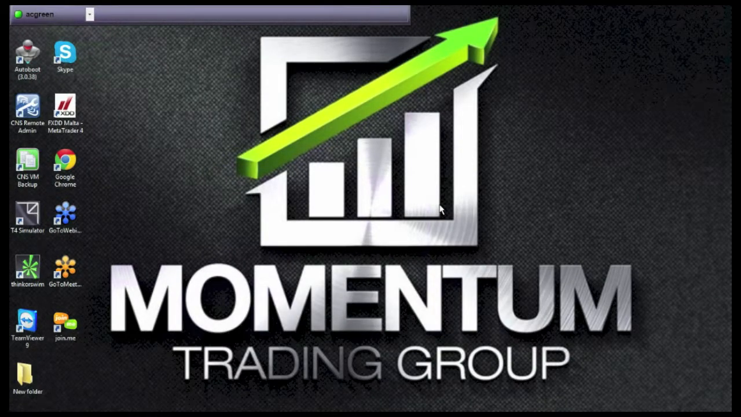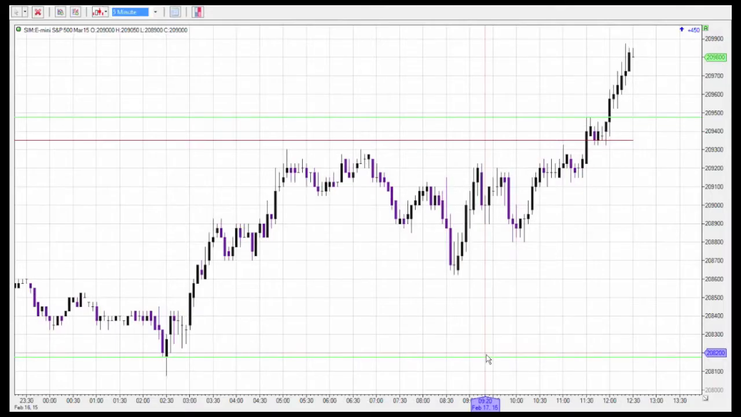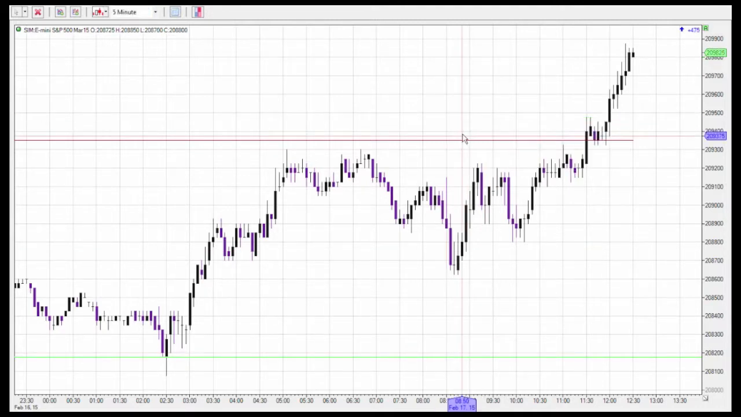I'm going to be going over support and resistance and how to identify potential areas and turns in the market. So we're going to look at, in this case, just a chart of the S&P. We're going to be looking at a 5-minute chart. Now, the easiest way to identify support and resistance is just identifying areas or potential areas of where the market